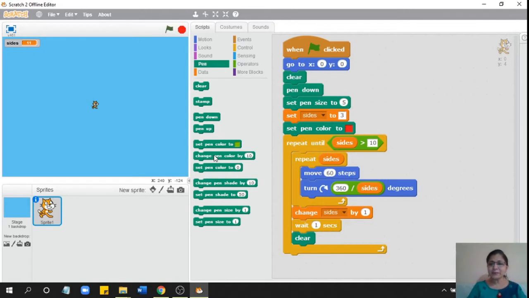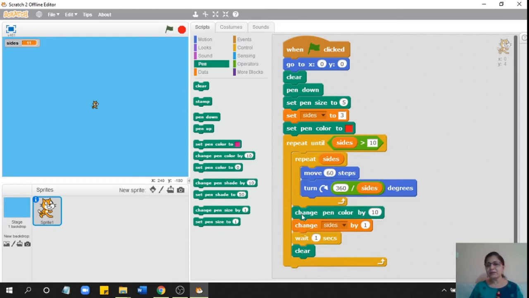So isn't this interesting? Okay, now it would be more interesting if, see, when I'm drawing this, it is drawing everything with the same color. Right? Now, if I want that the color should change for the different shapes, then what I can do is, after it finishes drawing one shape, I can change the color shade. Okay? So, here, after it finishes drawing this one shape, I will say change pen color by 10. Okay? Now see, it will draw with different colors. You can see this? It's drawing with different colors now,